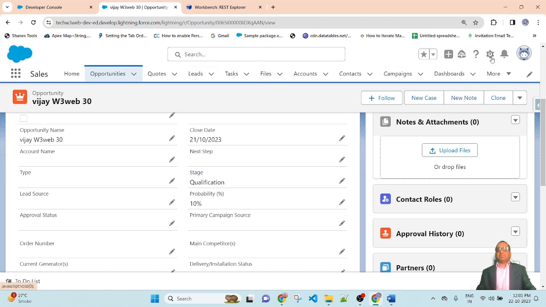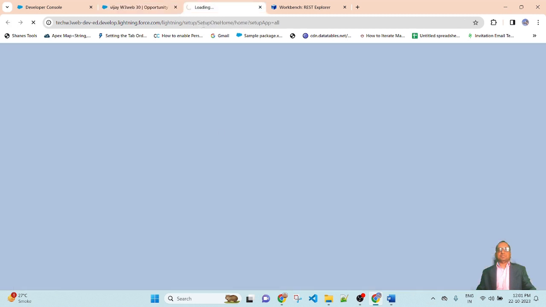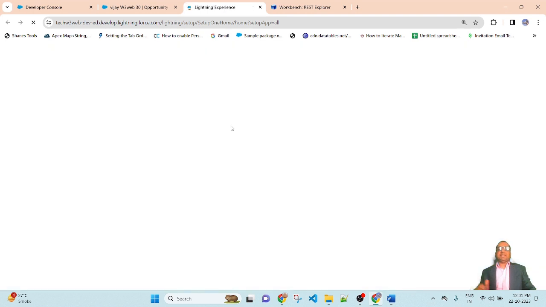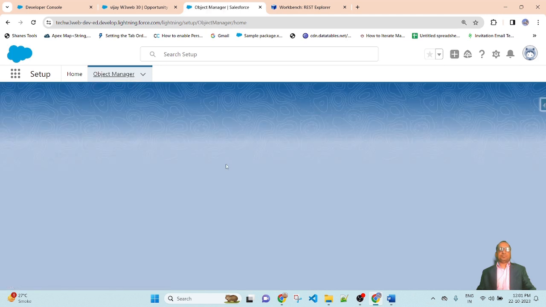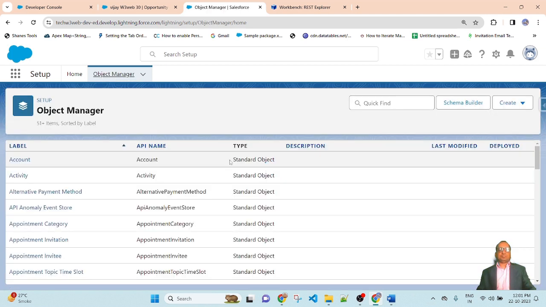If you go to setup and open the opportunity object, from there we will get the value of the pick list. Select Object Manager, then search opportunity.